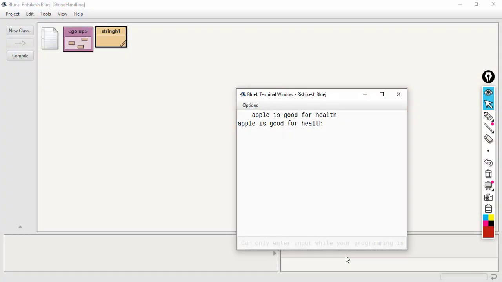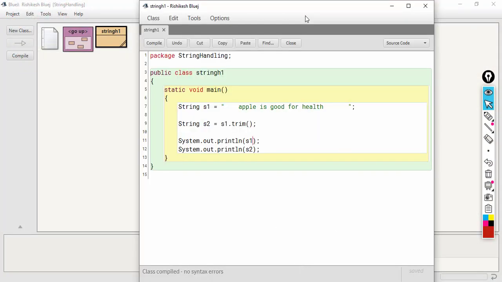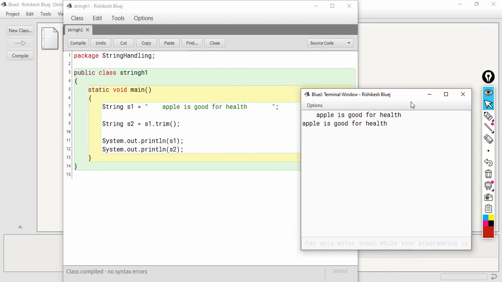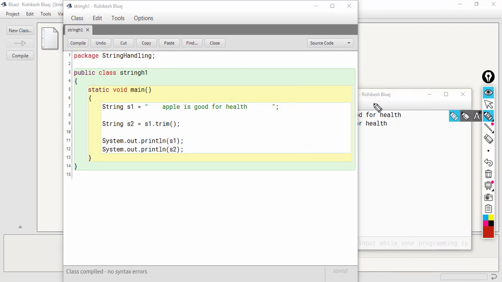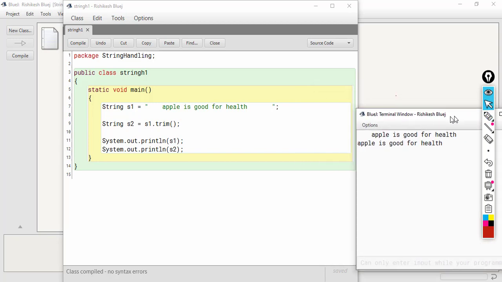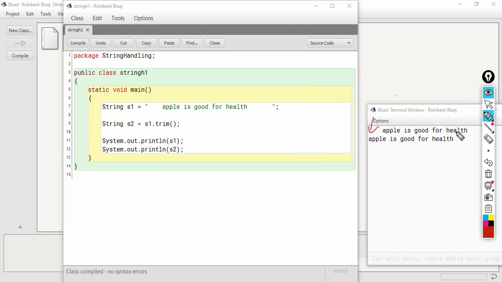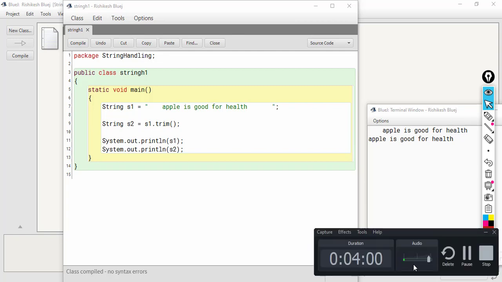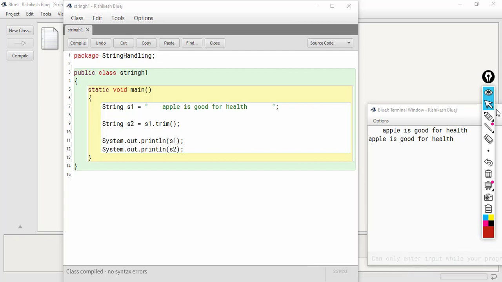Here clearly you can see s1 is containing spaces, but s2 has got no space. I hope you have understood the working of the trim function. Now remember that the trim function does not remove the spaces in between the words.